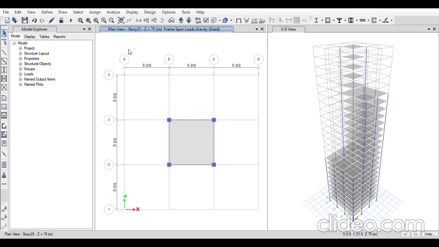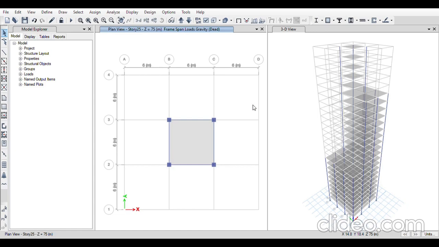Now to apply the load, I'll go to assign, shell load, wind pressure coefficient. To assign this, I have referred to table 4, and the total number of stories is 25 into 3, which gives me the height of 75 meters, and the width and length of the building is the same, that is 18 meters.